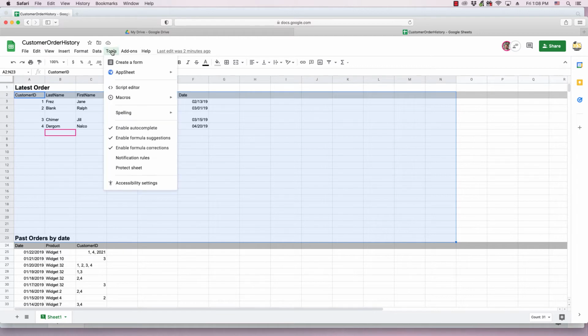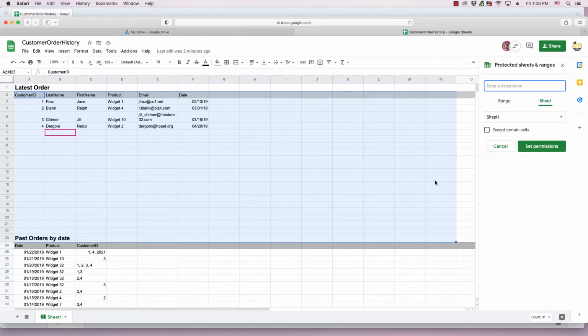Then I go to Tools, the Tool menu, and the drop down I go to Protect Sheet. It brings up a panel on the right side. I'm going to enter a description for this. Just call it latest orders, and I'm going to select the ranged